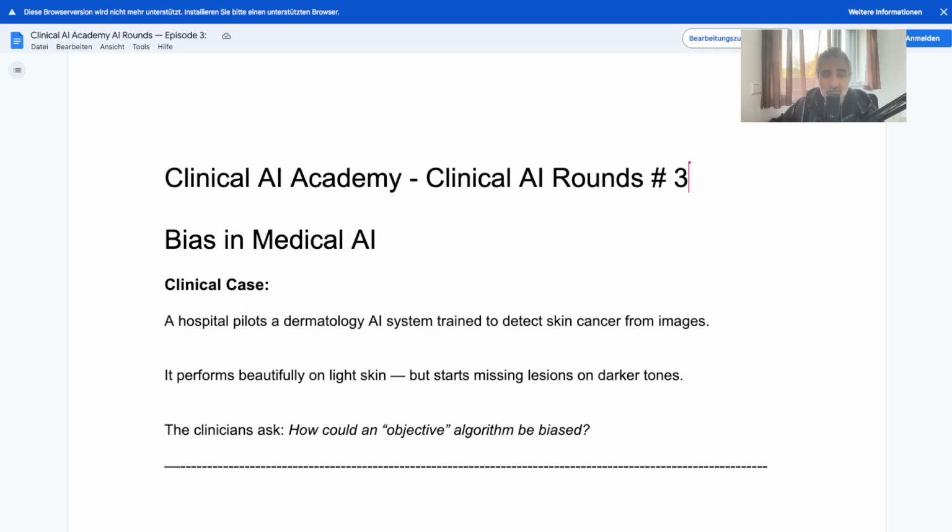Even subtle factors like which patients get imaging in the first place can shape what the model learns. So if patients are on specific insurance policies, sometimes they don't get access to the imaging modalities, and patients who get access to imaging modalities come from a specific socio-demographic